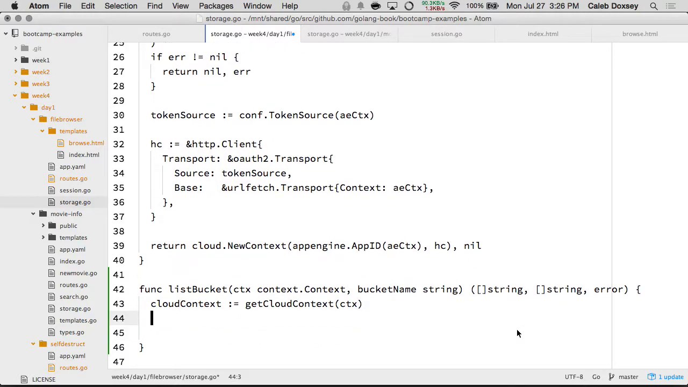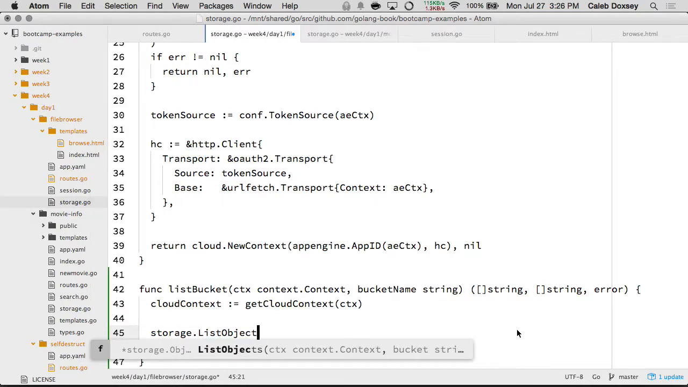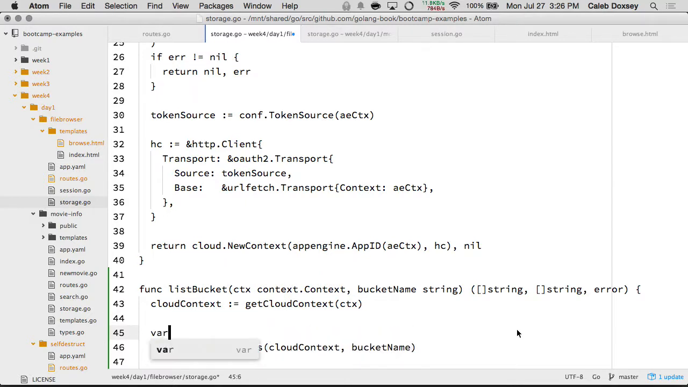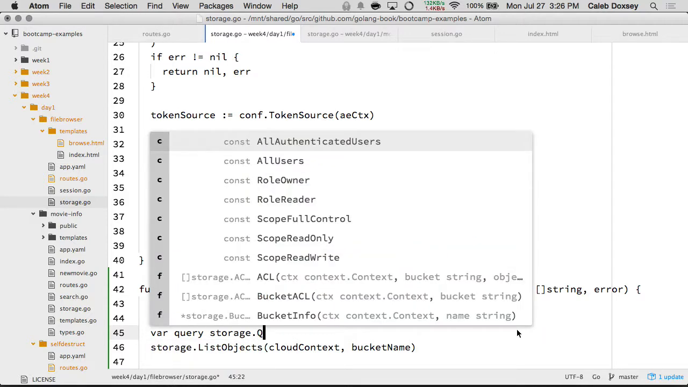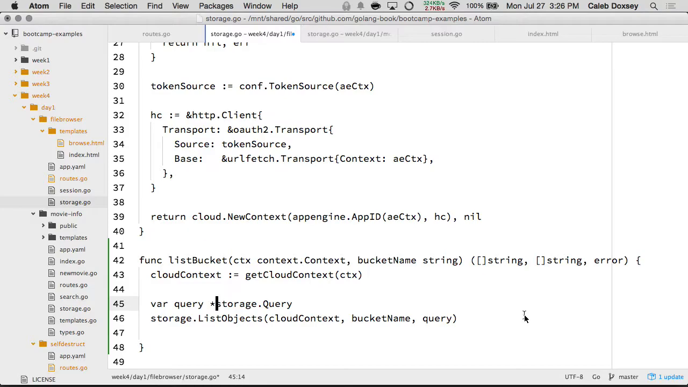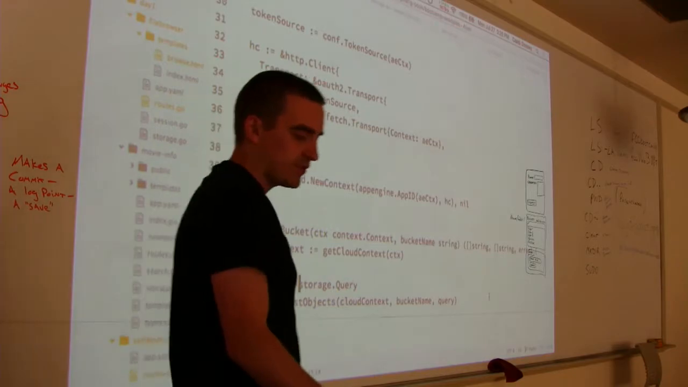And so, because that's what the storage uses. So storage.list objects. You give it the cloud context, the bucket name, and a query. So the query is like this. Storage.query. This is actually a pointer to a query. Okay, so we create a nil query, and that's what we'll pass this server. And list objects returns